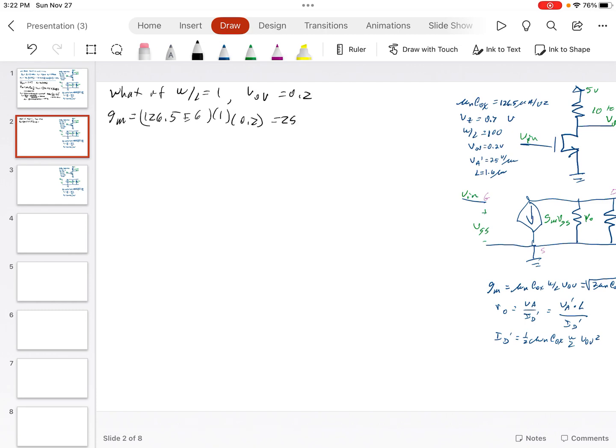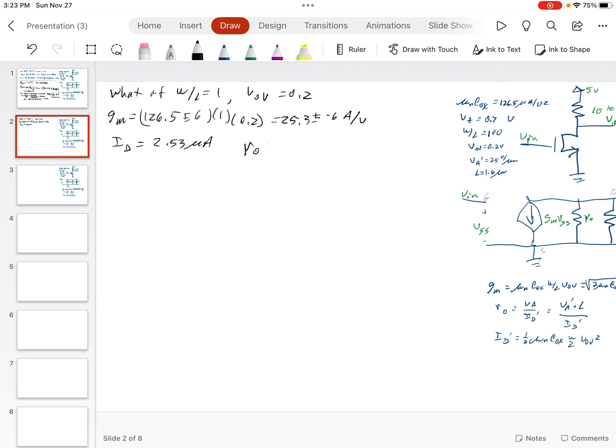That equals 25.3 e to the minus 6 amps per volt. And the current now is 1/2 mu N C ox W over L V overdrive squared, and we'll get 2.53 microamps,